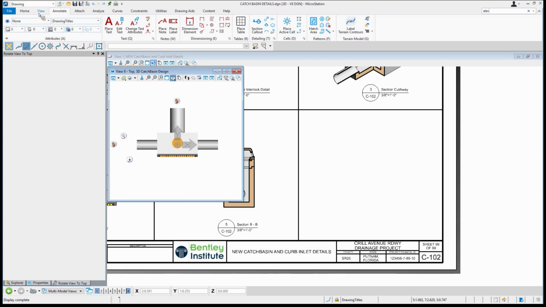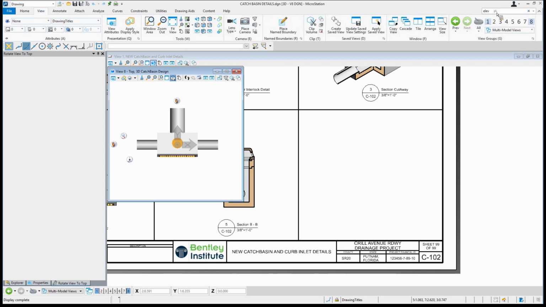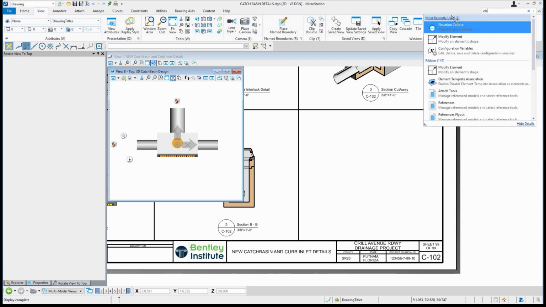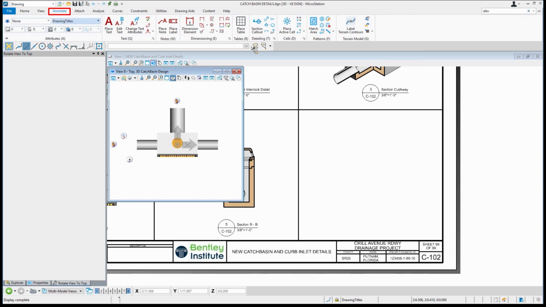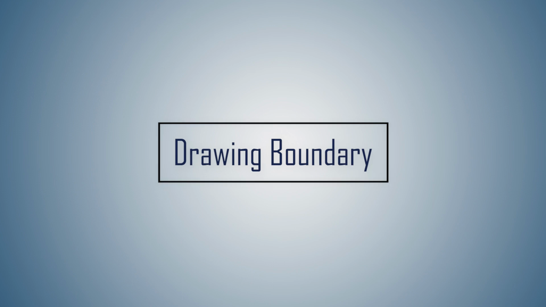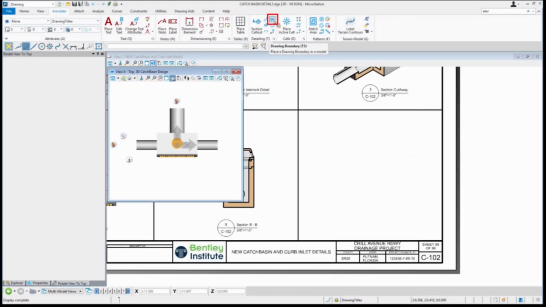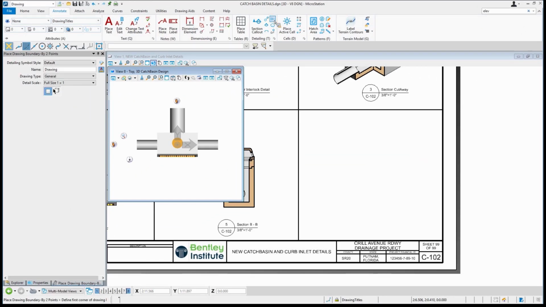So if I was to select elevation again and I select it, watch what happens. It jumps from view over to annotate, and there are the tools that I need right there. Before I do that, I'm going to start with drawing boundary and talk a little bit about this. All right, so what does this do? This places kind of a placeholder, if you will, onto the sheet itself,